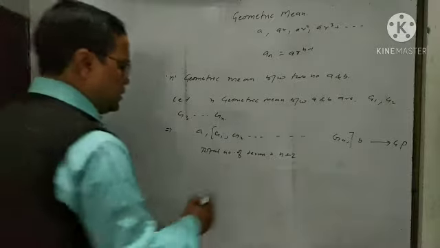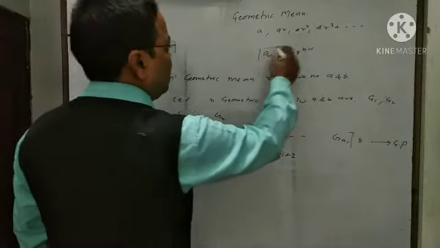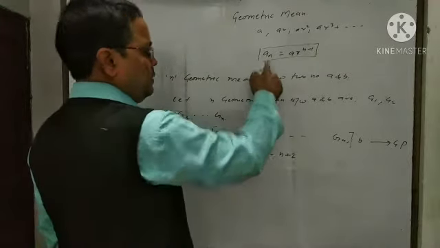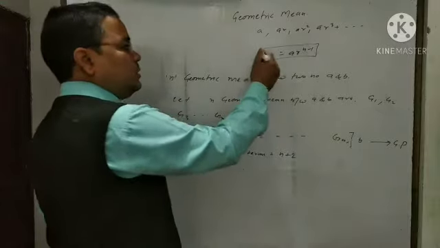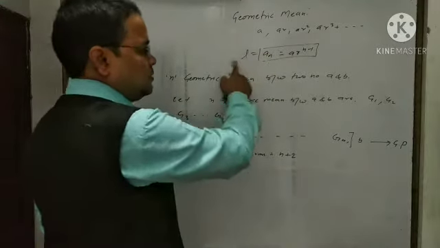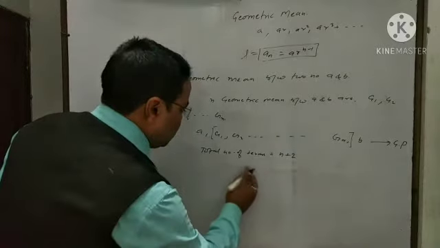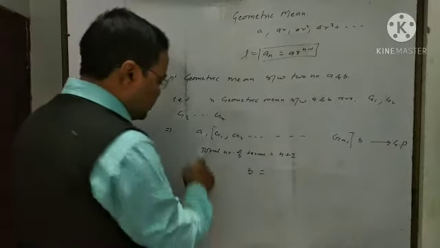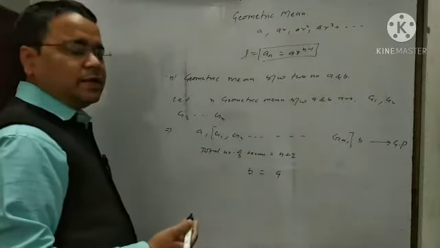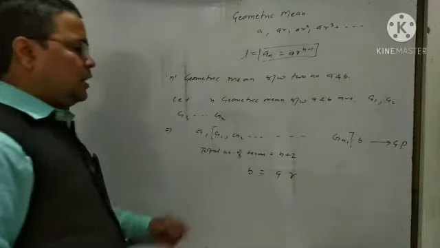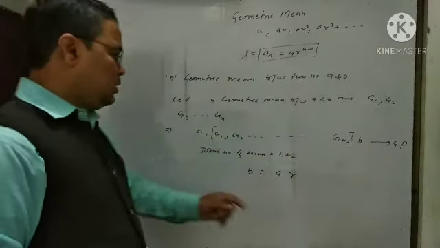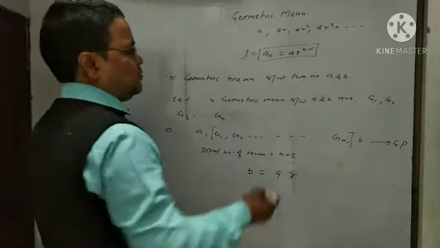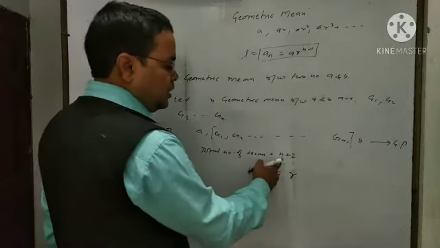Getting? And we know this formula, nth term is equal to a r to the power n minus 1. And here according to this series, what is the last term? This is also called the last term. The last term is b. So here we can write b is equal to last term is equal to first term a r to the power n minus 1. What is r? Let r be the common ratio of this geometric progression. And what is the value of n? Total number of terms here is n plus 2.